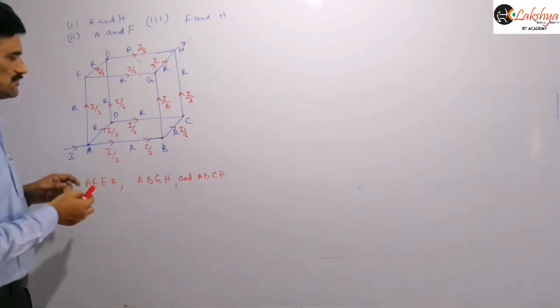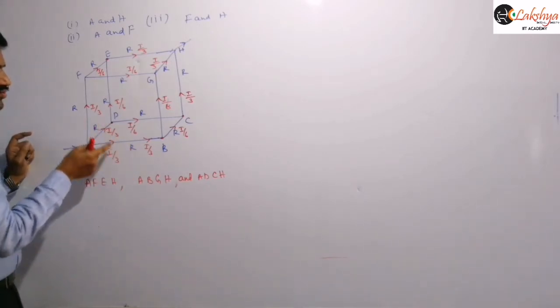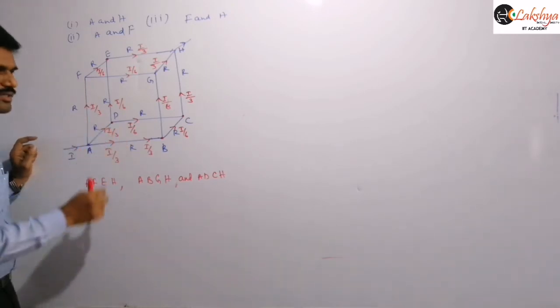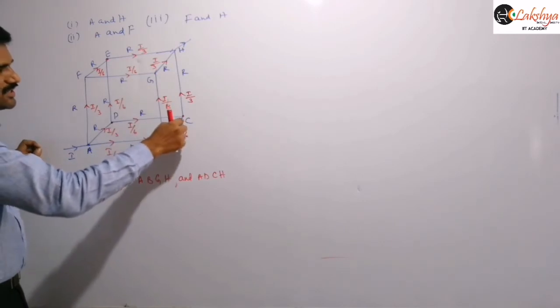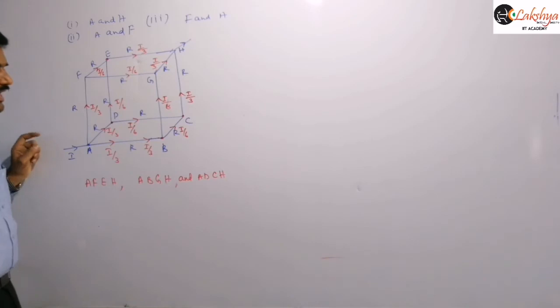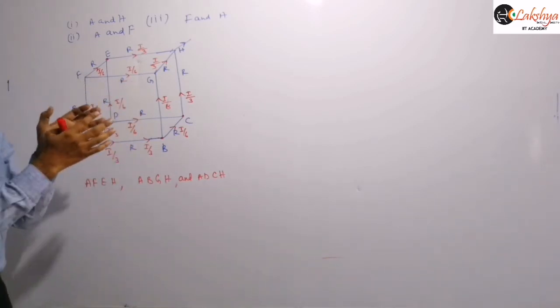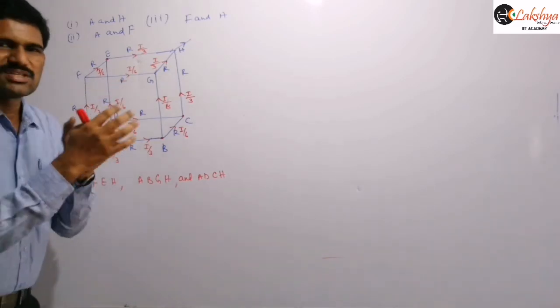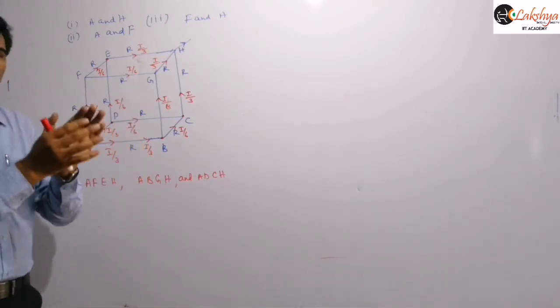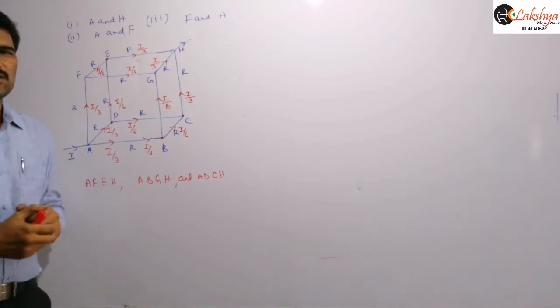You may try that. If you are joining these, these three resistors will be parallel, that is very clear. And if you are joining C, G, E, these three resistors will be parallel. And in the middle, some of the resistors also will become parallel there. That means which resistors are becoming parallel and how they are becoming parallel, you need to calculate more carefully if you are combining like that.